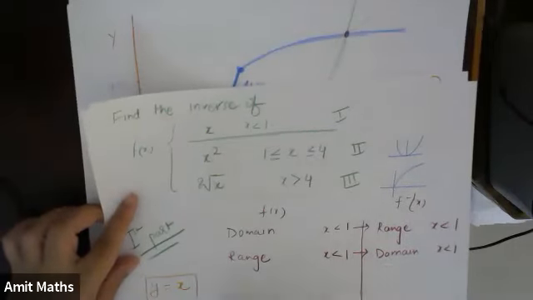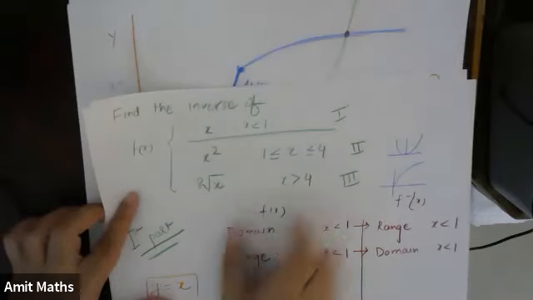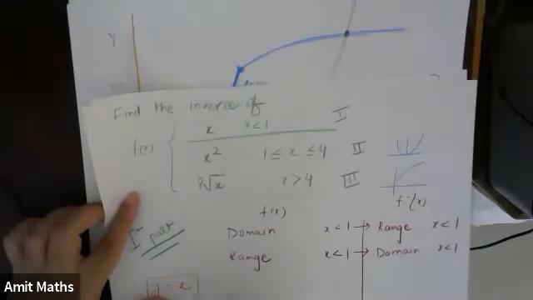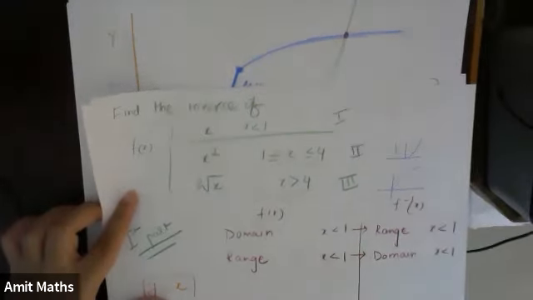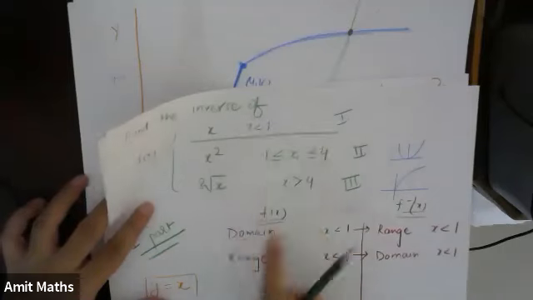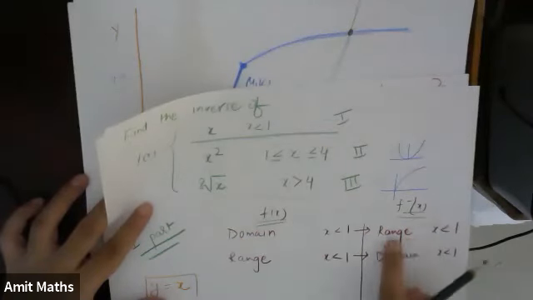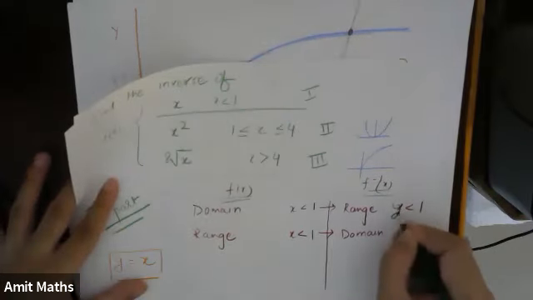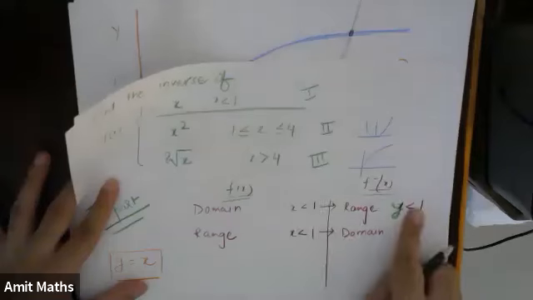How can we find the inverse of each domain separately? We find the inverse function of each separate domain separately, because the domains are divided. So what we'll do? First, we'll write f(x) and f inverse of x. So first one, the domain is x less than 1, and the domain will become the range of the inverse function. So range will be y less than 1. Sorry, this is y. The domain will become range.